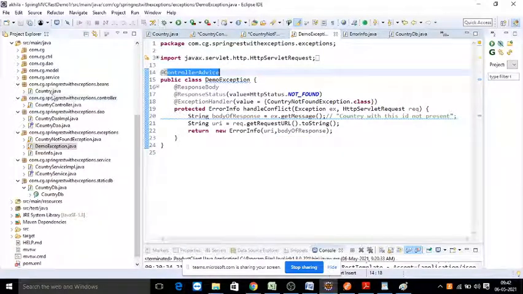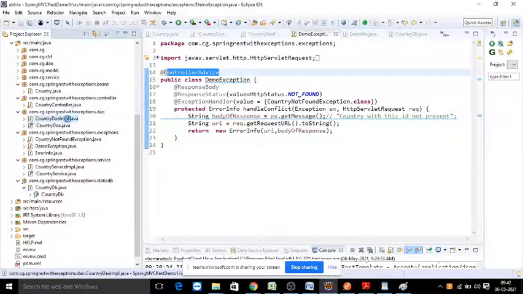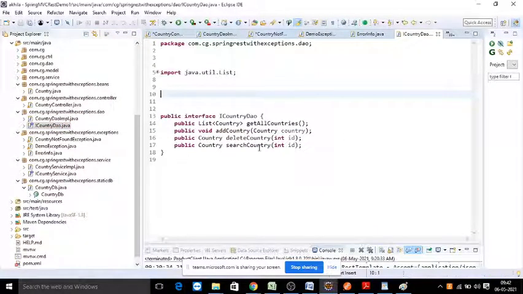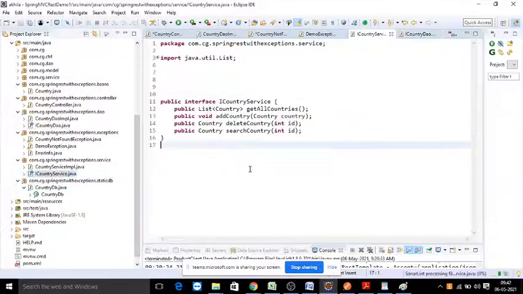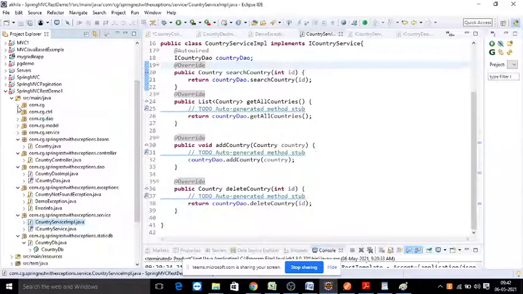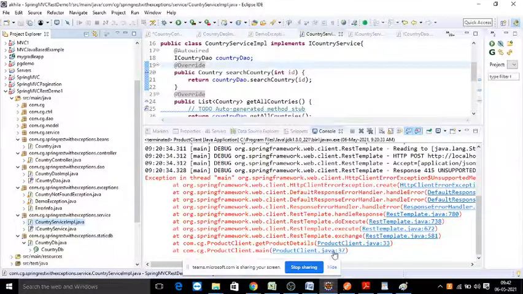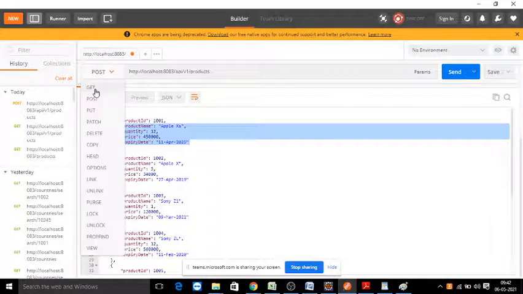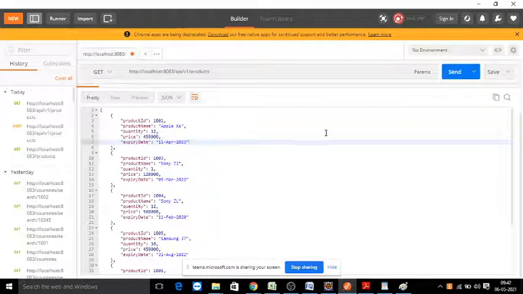So let us try with, as usual, your DAO is the same, like you have loading of your objects, DAO interface, DAO implementation, service class and service implementation, as in the previous example, no change. Now let me run our application. I think our application is running already. This is a client. Suppose if I go here, get, this application is running.